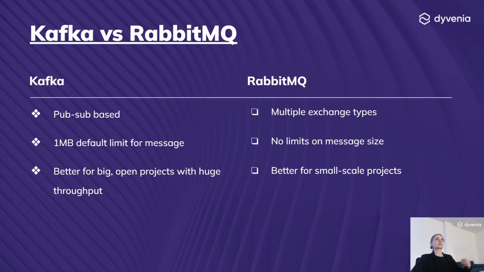So, for instance, for the bad use case for Kafka that I've mentioned, when you just send a few messages a day, RabbitMQ will be better. You don't need the whole setup for Kafka. If you just want to send messages for a local private time project you do or something, you don't need the whole Kafka. You can use RabbitMQ. That's fine.